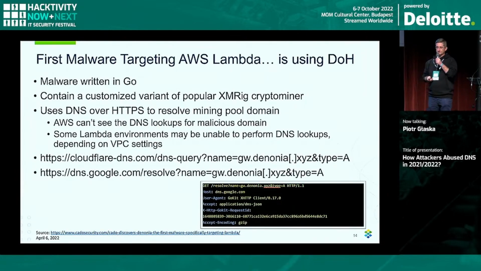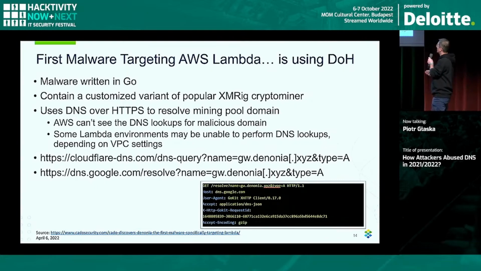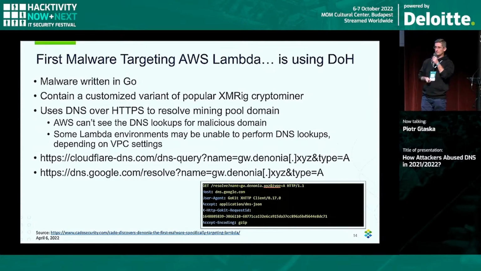Also an interesting case, maybe not from a DNS perspective actually, but the first malware was seen which was targeting AWS Lambda serverless functionality. This malware was written in Go. It was used again to mine cryptocurrency on Lambda instances, and to avoid using the local DNS resolver in AWS, which could potentially block something, they were using DOH or DNS over HTTPS to resolve the C2 domain